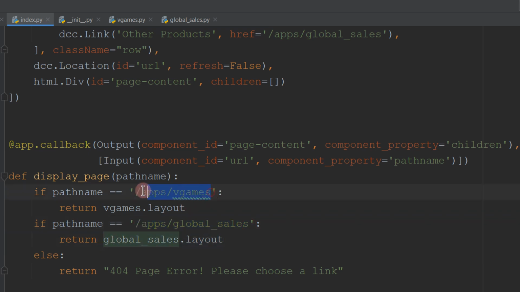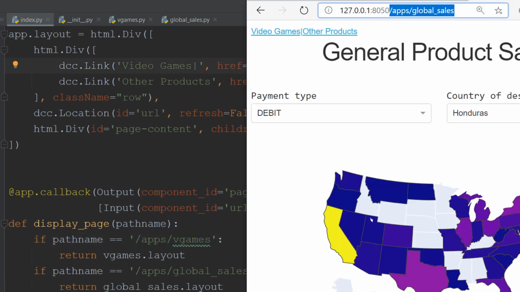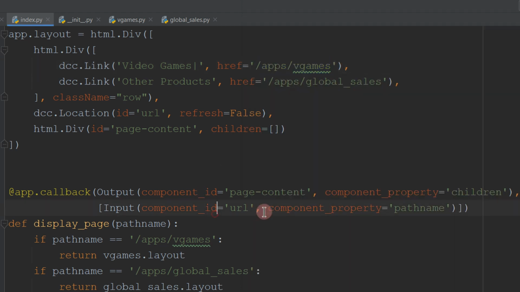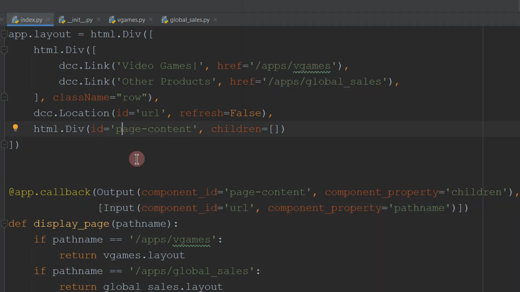And why will it equal this link? Remember, it will equal this link if you click on this link inside your app. So if you click on this link inside your app, the URL will be inserted. I'm using the component property pathname to read this from the URL. It's Dash's way to read the URL and see what's actually in there. So I'm saying, if this is inside the URL, return